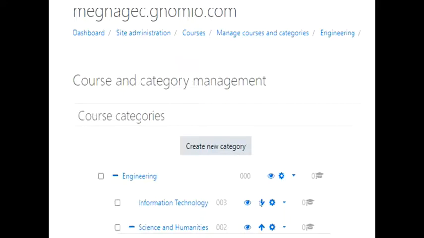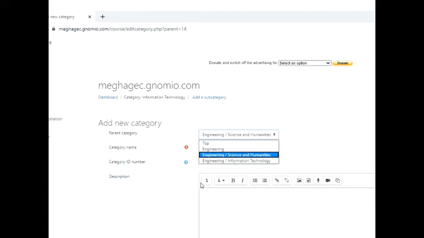Now here you see that there are these arrows. If I wanted to push Science and Humanities up in place of information technology, I would click on this arrow, and if I wanted to push this down, I would choose this arrow. So you see I have chosen the ID numbers 000, 002, 003 in a particular way, so that I can later sort it.